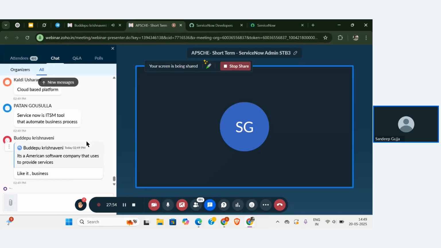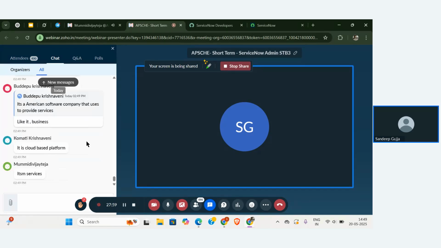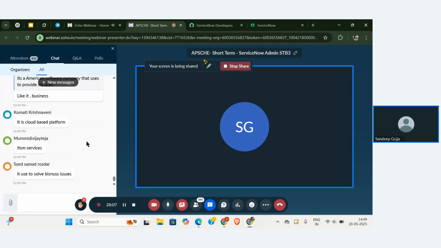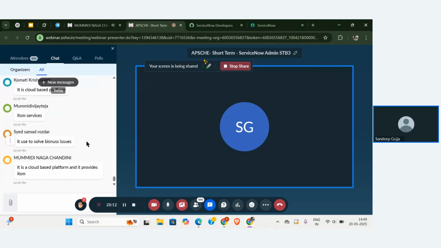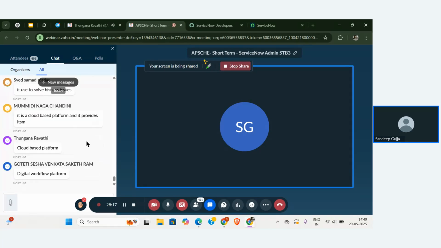Where a ticket will be raised on particular issues that arise in a company, organization, any department that you go to, any manufacturing industry. Whatever issue is raised will be considered an incident, which will be converted to a problem, which will be changed to a change request, right? These are all things that you know already. And I want to know what the major architecture is in ServiceNow. What is the architecture that we have for ServiceNow?